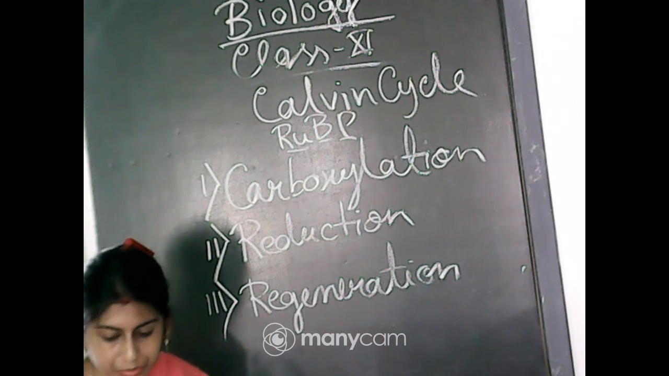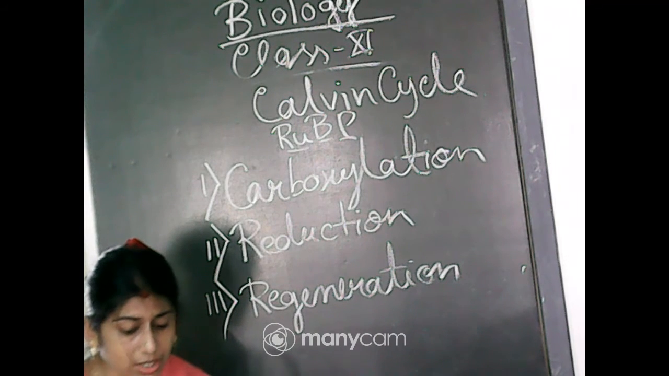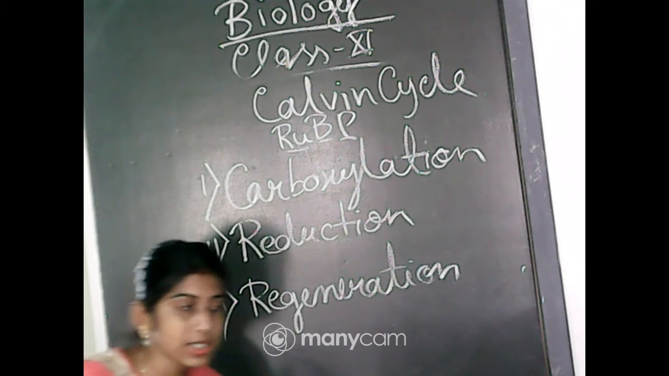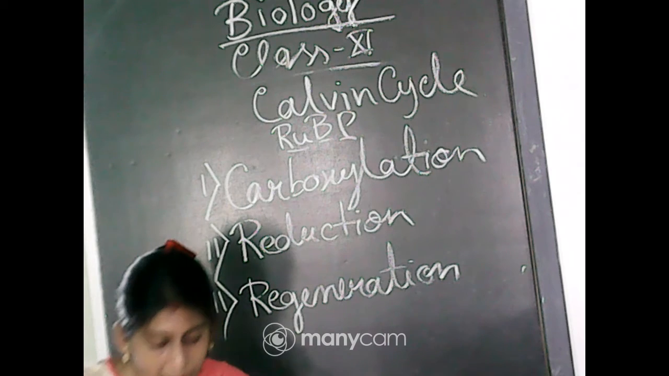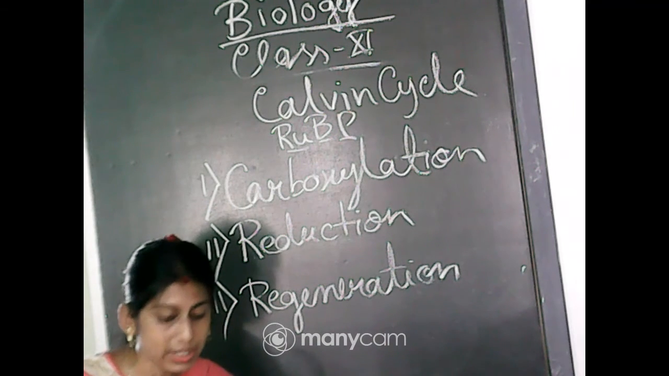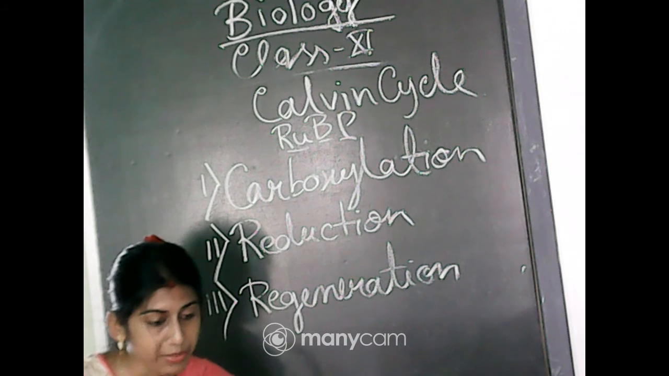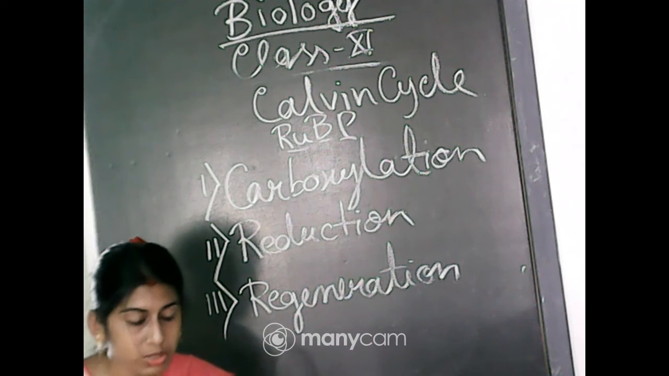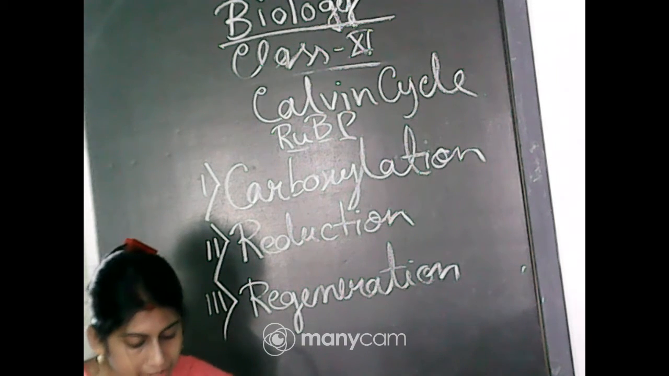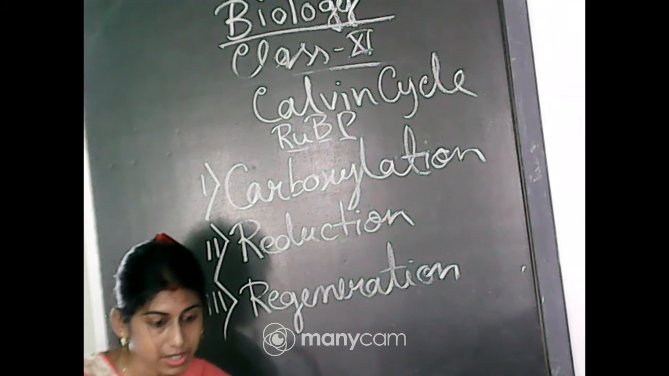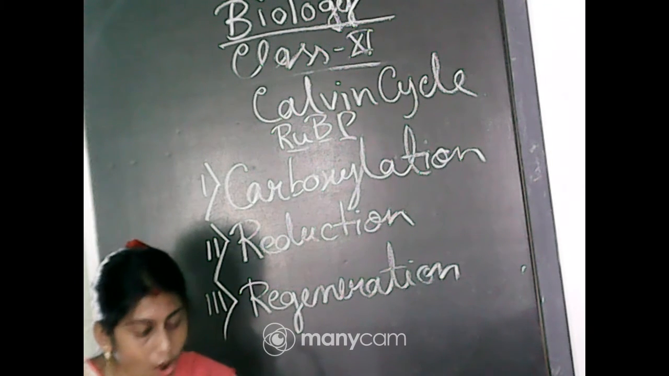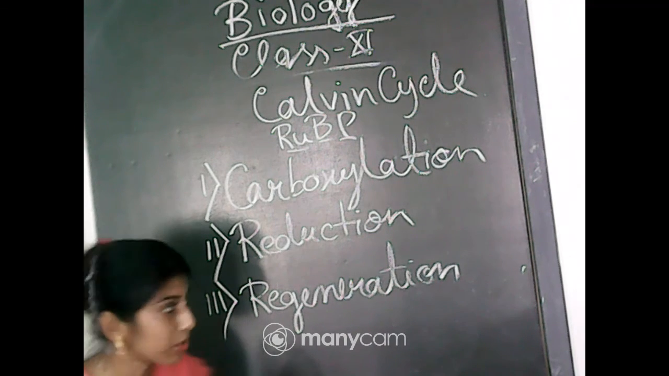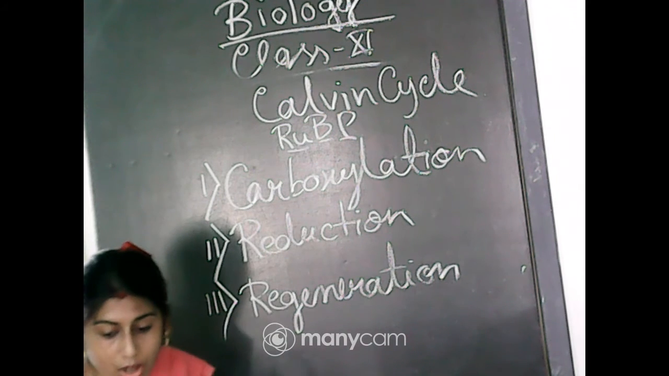Now, what are the important factors of these stages? We have to know that carboxylation means fixation of carbon dioxide into a stable organic intermediate. First, the fixation of carbon dioxide takes place, and it is the most crucial step of the Calvin cycle, where carbon dioxide is utilized for the carboxylation of